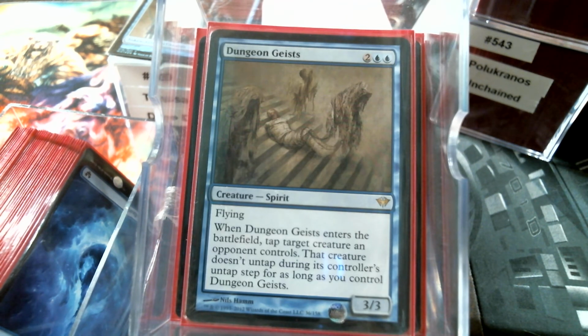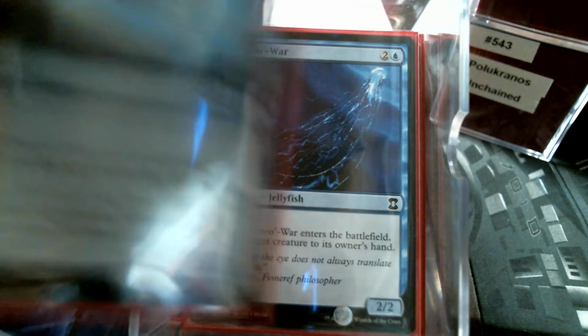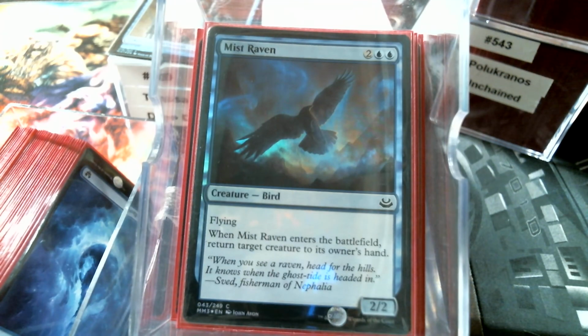Tap target creature, doesn't untap. 3/3 flower for 4. It's not bad. Mana Leak. Bounce it. Now, I've always loved Mana Leak. They added one more mana to it and gave it flying, made it a bird. Same card, essentially. And most of the time, Miss Raven doesn't see play because Mana Leak is strictly better, because